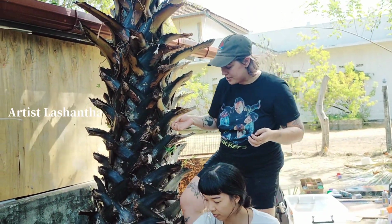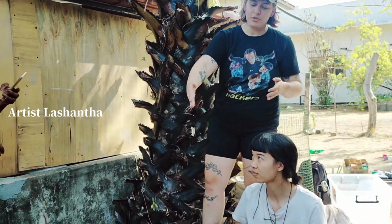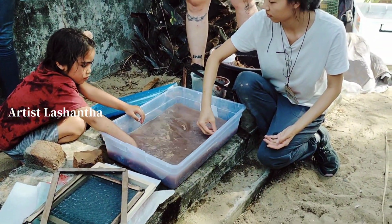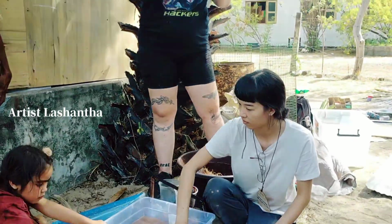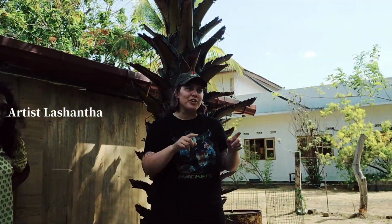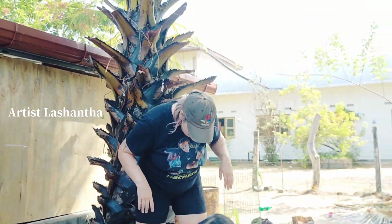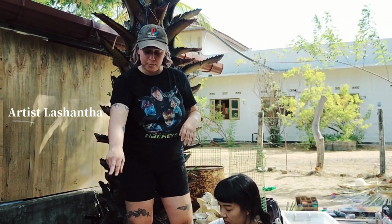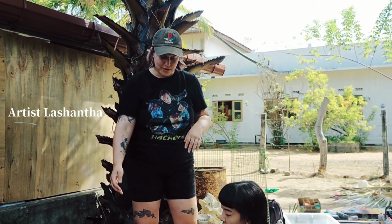Because we're not using the deckle to help shape it, the edges are going to be a little bit wiggly. You can slice those after if you want when it's dry, or you can keep it kind of wiggly and fun. So yeah, we only have a couple of the molds, so it's going to...